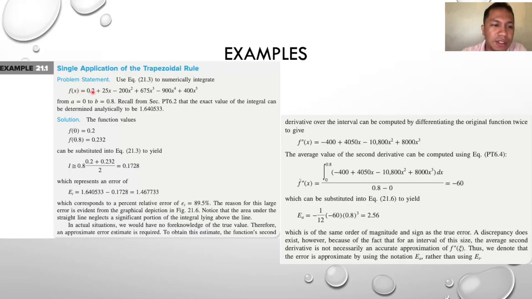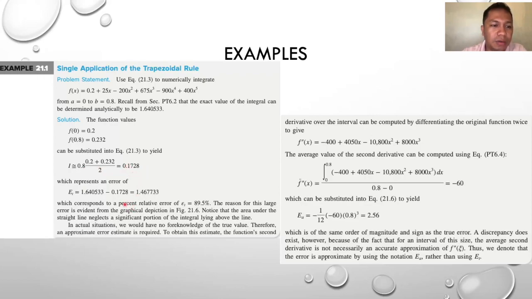So when x is equal to 0, f will be 0.2. When x is equal to 0.8, substitute 0.8 to all x's and we get the value of f of x that is equal to 0.232. We can now substitute these values to the formula we had earlier, that is I is approximately equal to 0.8 times 0.2 plus 0.23 over 2,